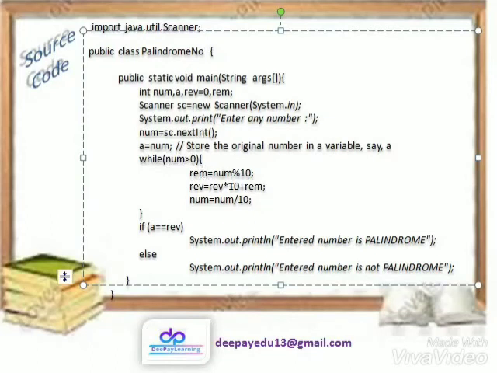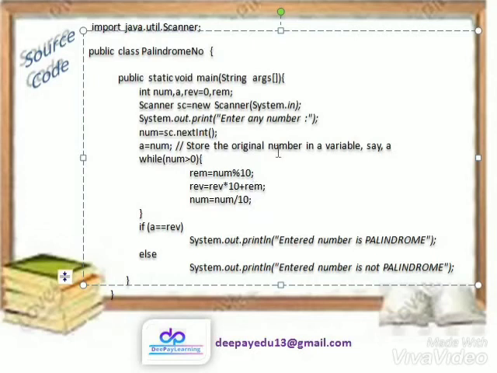It means that while the number is greater than 0, we keep on implementing the logic as rem equals num modulus 10, then rev equals rev into 10 plus rem, and num equals num divided by 10.